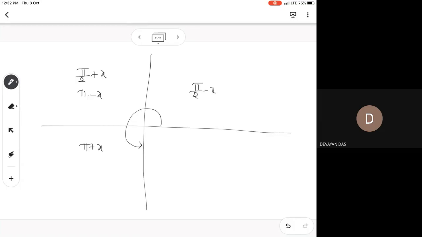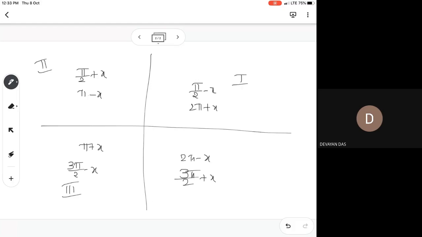So therefore it is pi minus x you are going to have, and this is pi plus x, and here to here the measure is how much? Sir, 3 pi by 2. That is 3 pi by 2, so less than 3 pi by 2 is 3 pi by 2 minus x. In the fourth quadrant, in the same way, 3 pi by 2 plus x and 2 pi minus x. And here 2 pi plus x. So this is the first quadrant. You know that this is the second quadrant, this is the third quadrant, and this is the fourth quadrant.